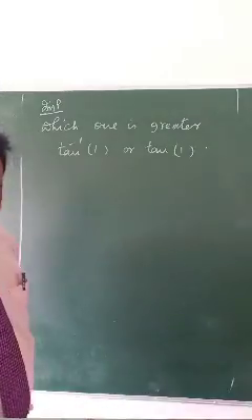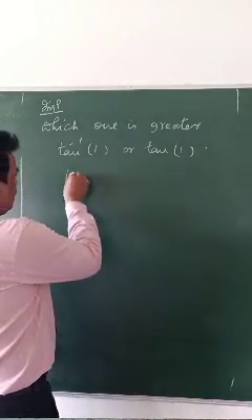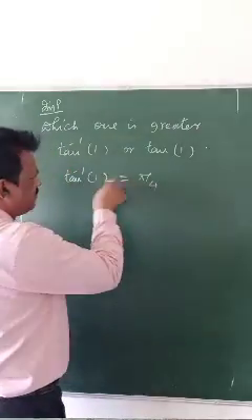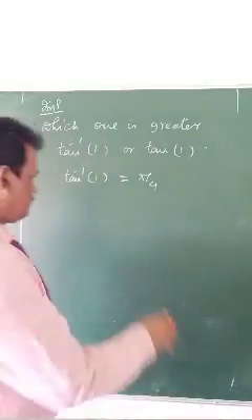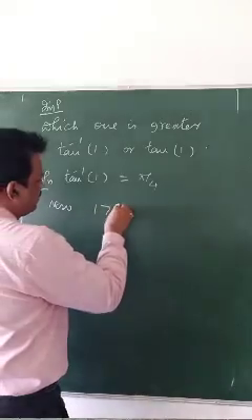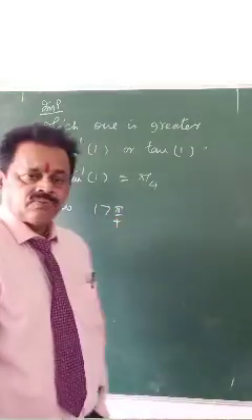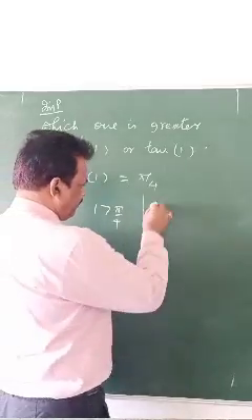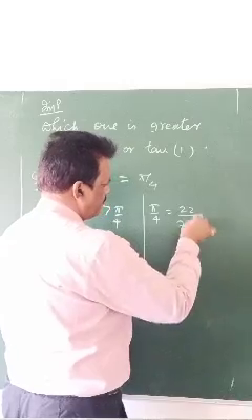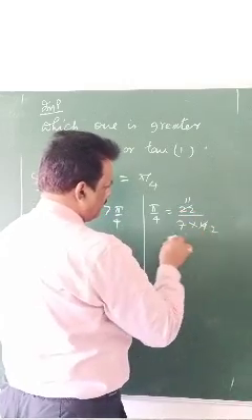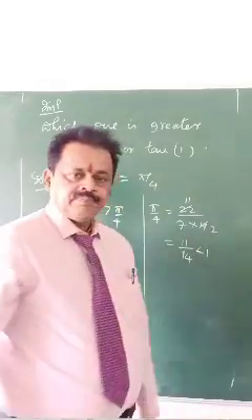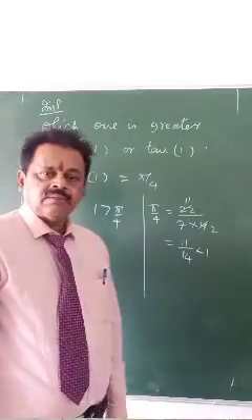What is tan inverse 1? It is pi by 4, your tan 45 degree. Like this we have solved. Now, 1 is greater than pi by 4. Is it so? Why? Look at. What is pi by 4? 22 by 7 into 4, that is 11 by 14. Any number whose denominator is bigger is obviously less than 1. That is why 1 is greater than pi by 4.